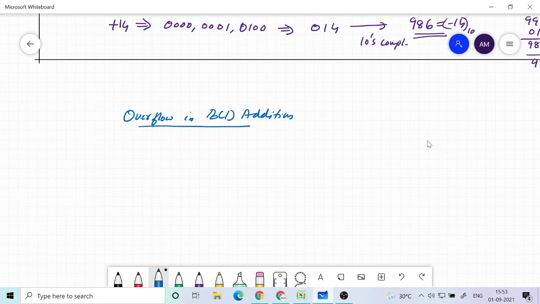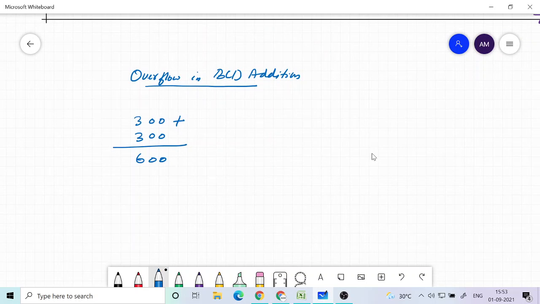For example, you are adding 3 0 plus 3 0. You will get 6 0. Now, if you treat it as a positive number, okay, let's take a particular number properly.